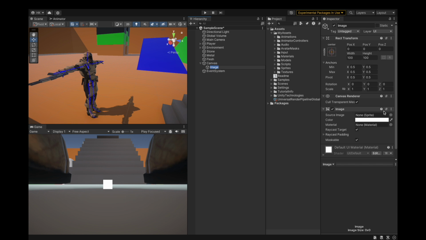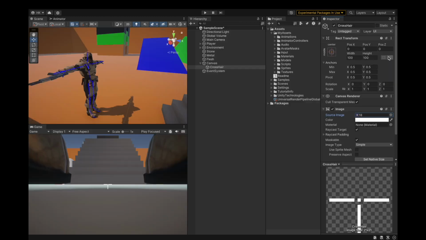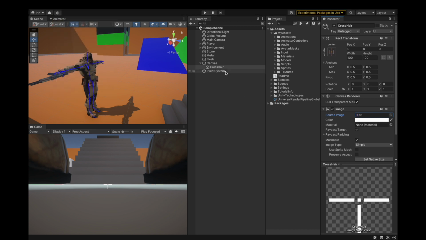So this image accepts a sprite, and that's why I created this image. So we're going to call it crosshair. Let's go and see what we have. So you can see after I import it, I have multiple. I think we can try this one first. It looks pretty good. Maybe I'll change it, save,